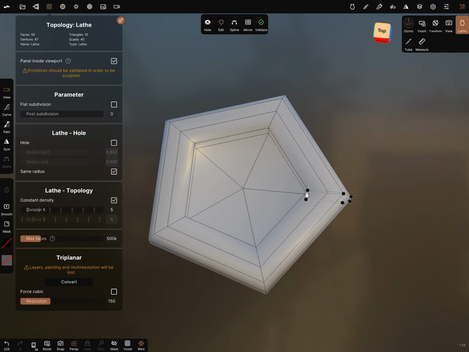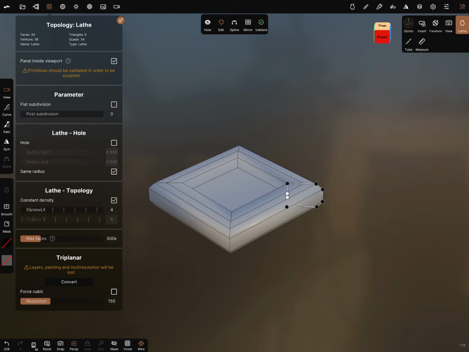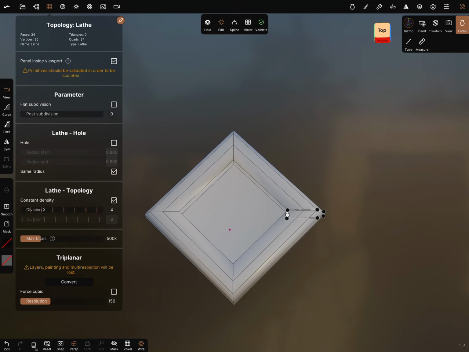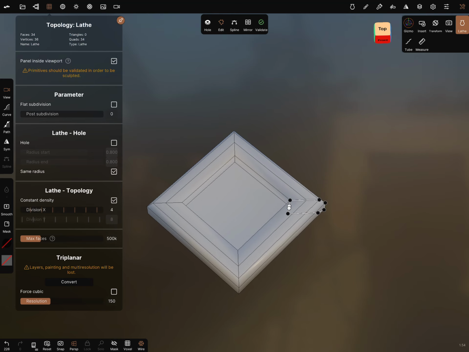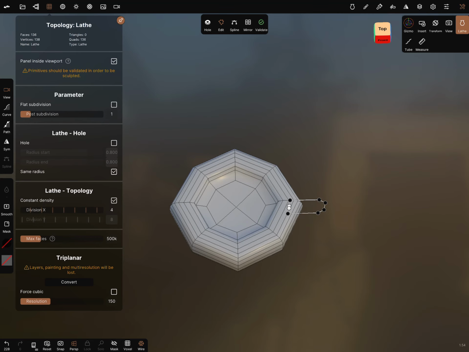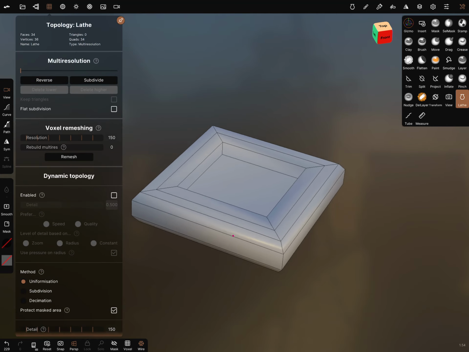In this case, we make a frame with 90 degrees edges. When you're fine, okay, a post subdivision is also possible, but be careful. You can test it. Okay, I validate this, and